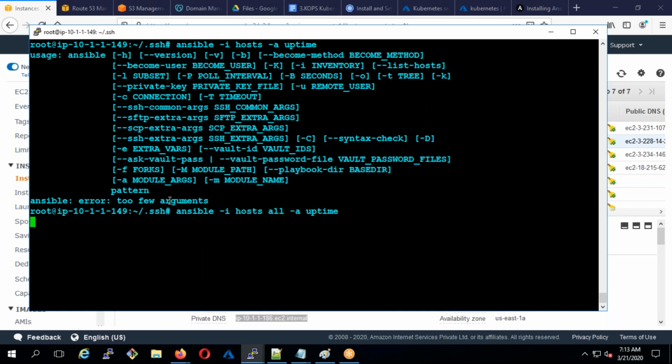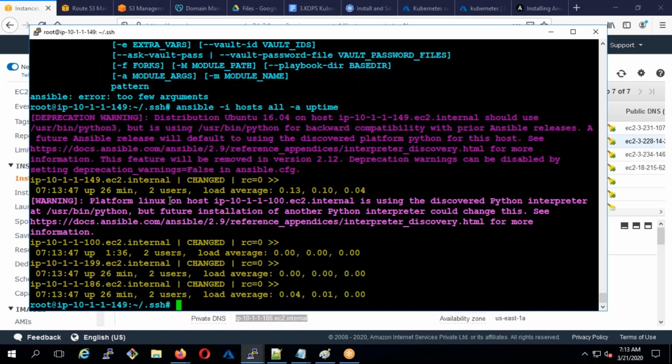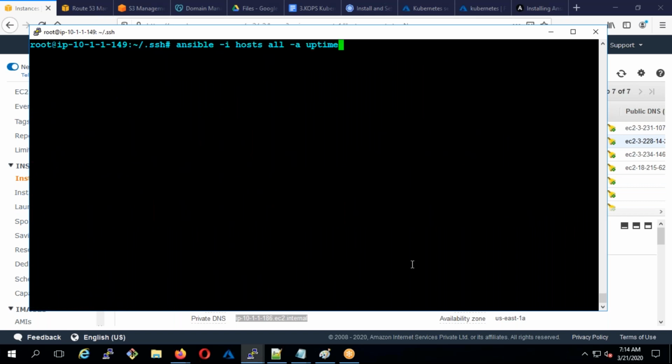So if I type like this, what will happen? It will go check, and if you see, it is giving the uptime: 26 minutes uptime, 1 hour 30 minutes uptime, 20 minutes, and 26 minutes. This is how. So I can also find something like, if I want to run on only one server, for